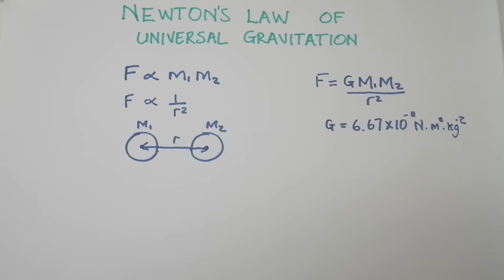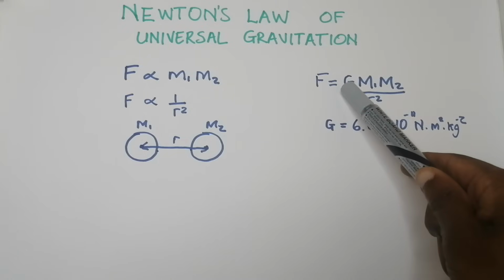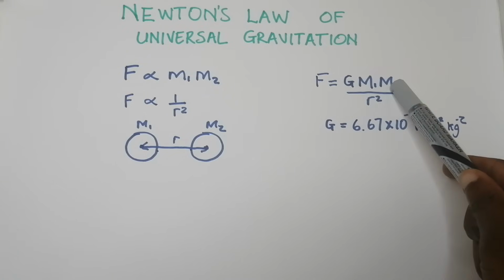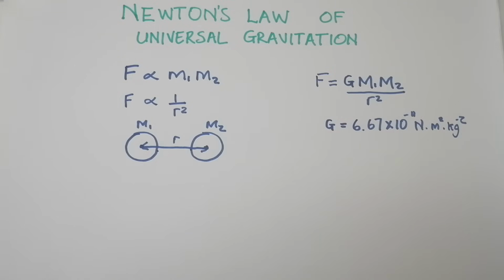Now, if you remember, this law does look somewhat similar to another law, isn't it? If you think about Coulomb's law, instead you've got the Coulomb's constant K, that's Q1 Q2 divided by r squared, isn't it? So in a way they look somewhat similar, and the only difference is that with Coulomb's law, remember that you've got